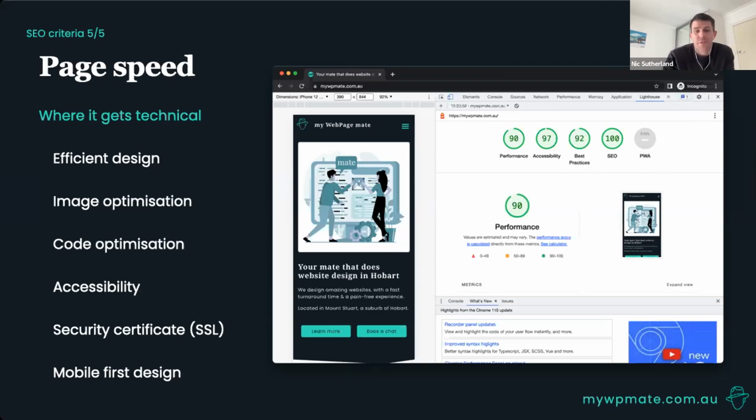I actually had a one-page website last year. I was being a bit lazy, didn't want to work on my own website, very busy, and like the mechanic with his old beat up car. You can picture this. I had one little tiny fishing boat, a tinny, off the Kingston boat ramp with one small fishing rod, one small hook, very average bait, fishing on the wrong tide. I was on page 8 of the search results for web design Hobart, which is a very, very competitive space of people who know SEO.